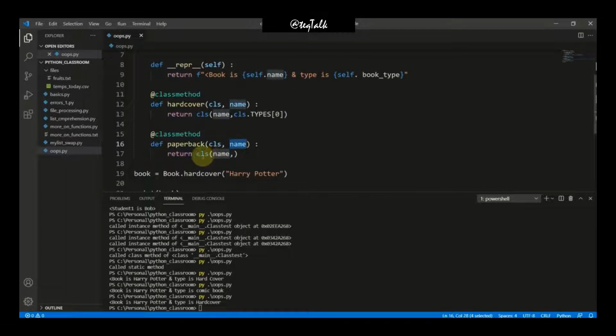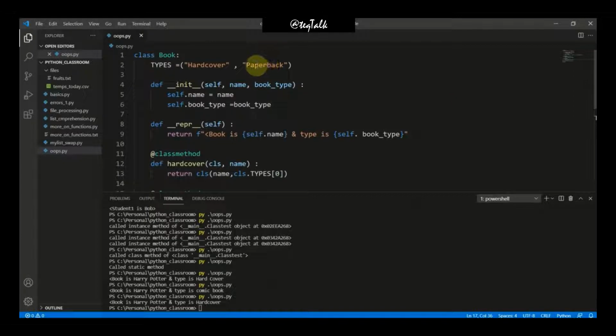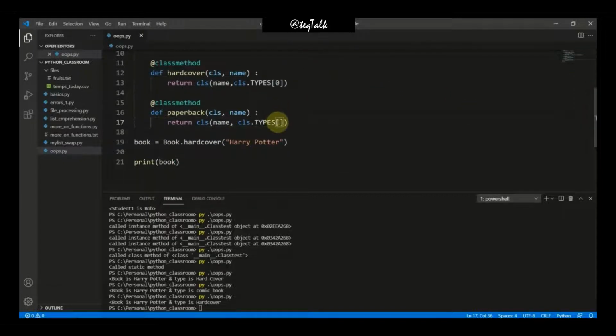from the CLS here. And for type, we will do CLS dot types, and within brackets, now the paperback is the item at position one of this types tuple, right? So we need to give one here to access paperback.